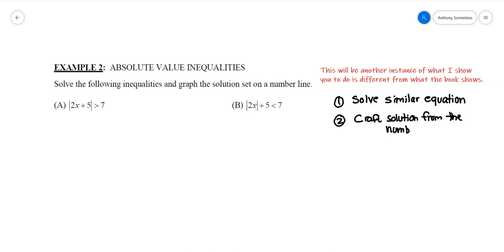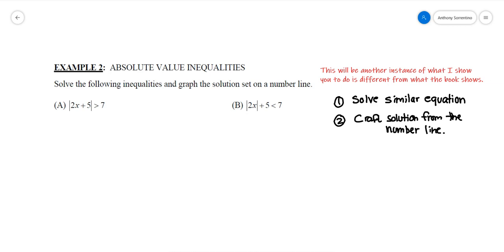So we're not going to graph something on the number line as an afterthought, like we did in the previous lessons. We're actually going to use the number line to come up with what the actual solution should be. So let's see how we would go about doing this. So example 2a,